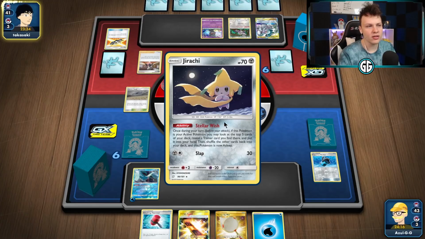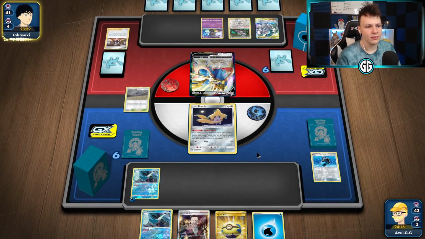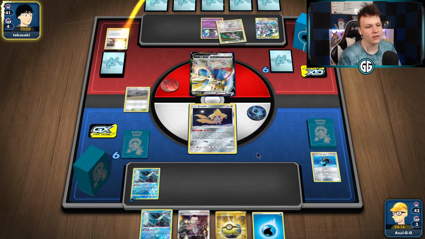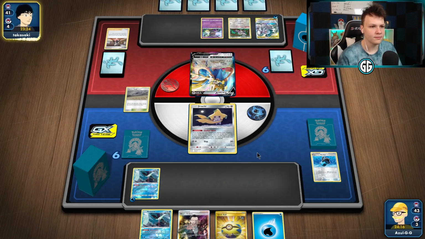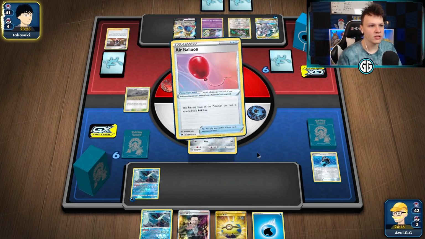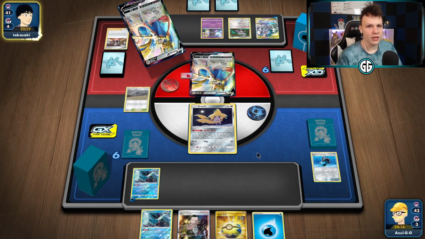I could have put the escape board on Jirachi, but I have a feeling that they might play a tool scrapper, which I don't want to deal with. So we might Dedenne change this one here. I will Stellar Wish. I will try and find us a draw supporter initially. There's that water energy on the bench. Gotta find those Crushing Hammers if we want to try and